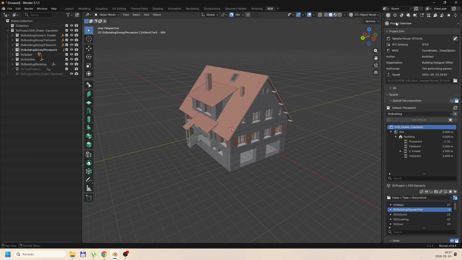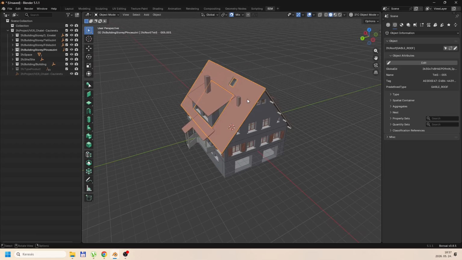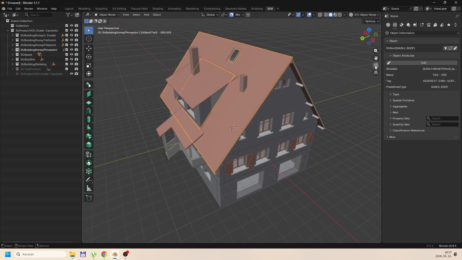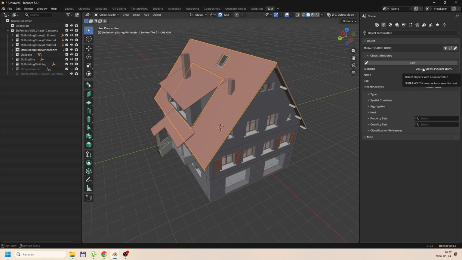If in the scene we click the second option, the second option is object information. And here, if I click on this, for example this roof, we have the global ID, which is coming from our CAD software, which was ArchiCAD. So we have the global ID, we have the name, we have the tag, and the predefined type, which is